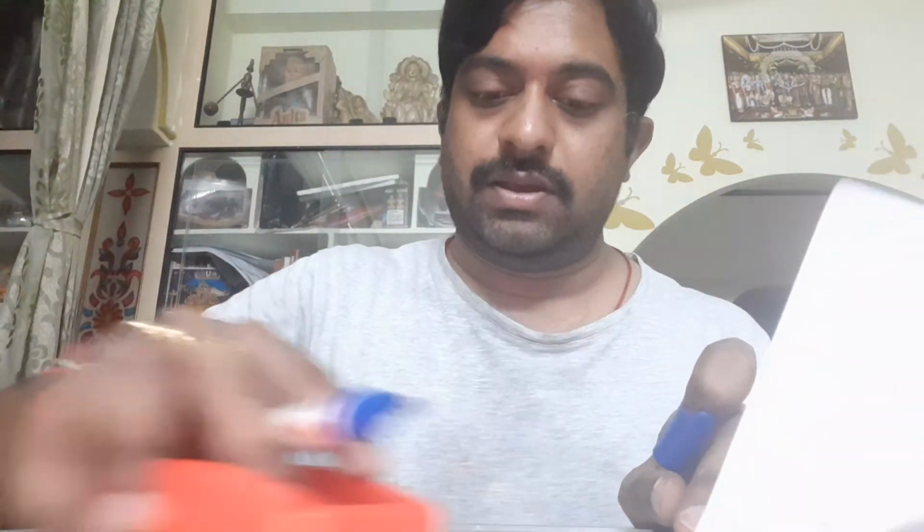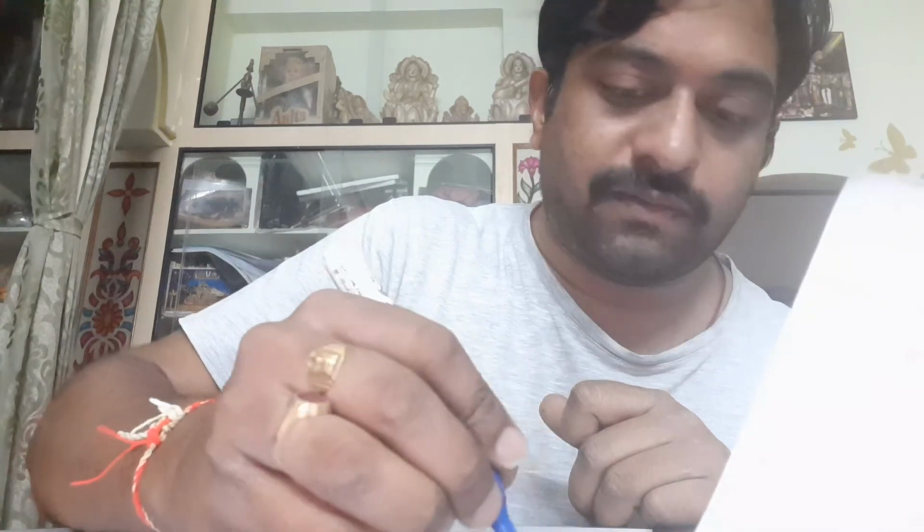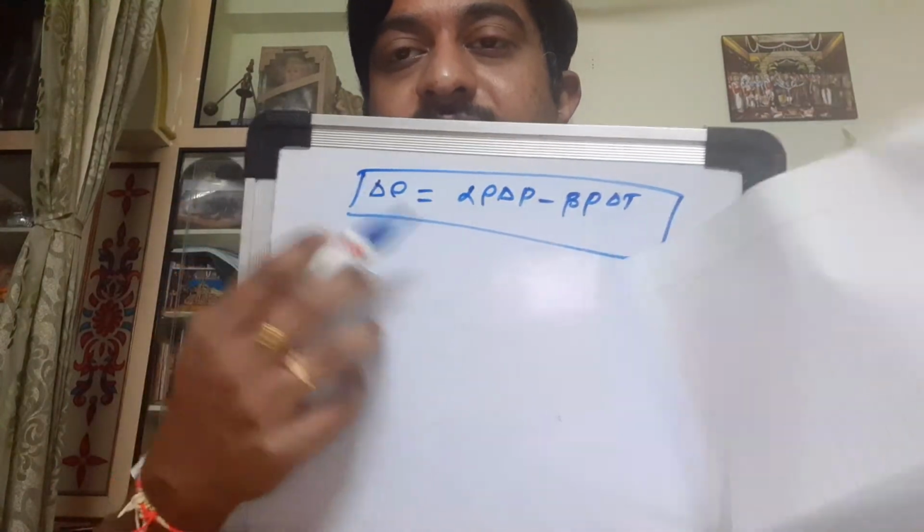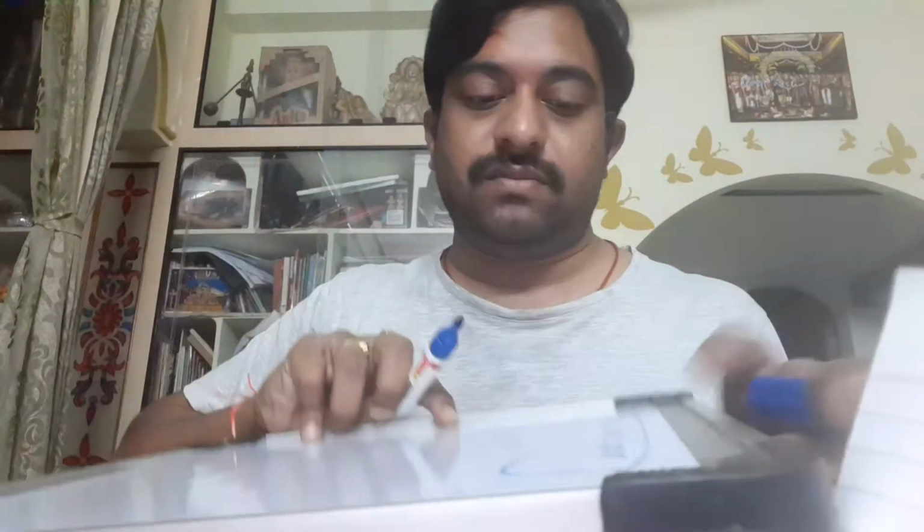Now, the main point here is, you might have understood how to develop from scratch the mathematical equations which are useful to derive the result. Now as I said, delta rho is equal to alpha rho delta P minus beta rho delta T. So this one I want to prove, the change in density, right? Given that, we should bear in mind